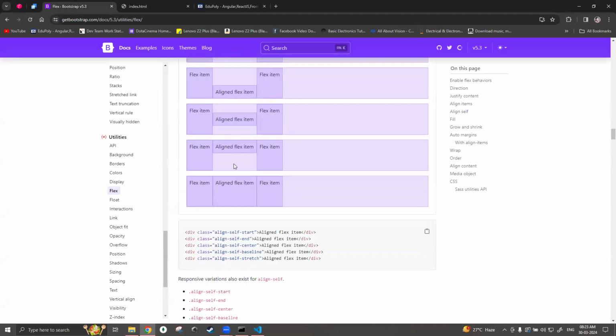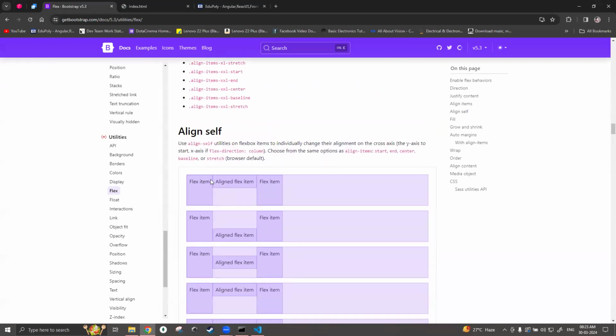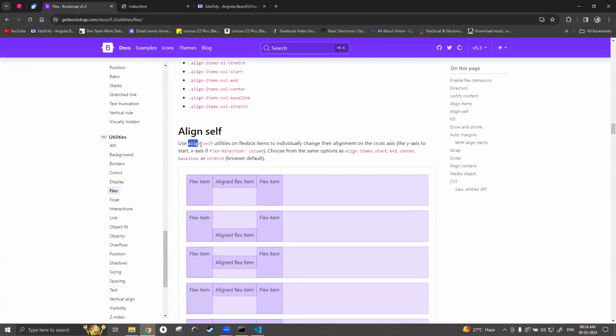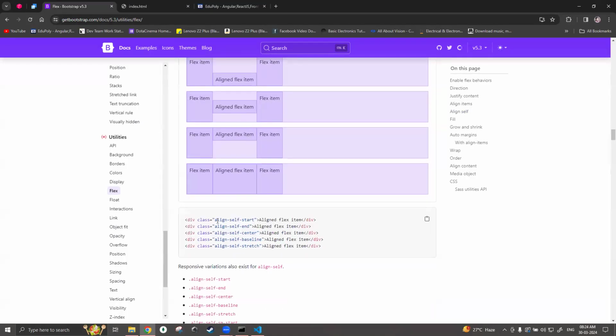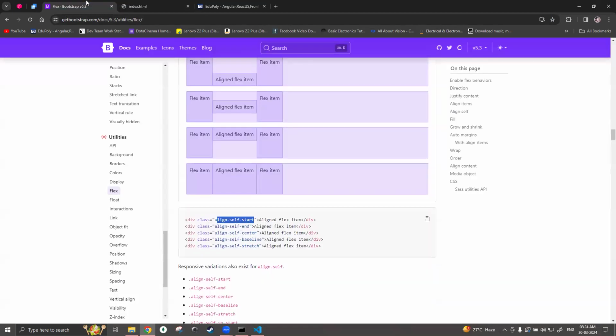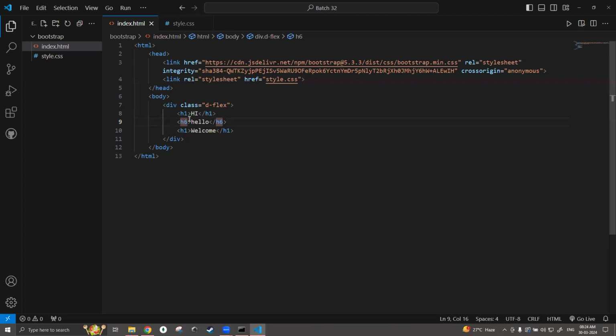Okay. So for that, what I need to do is I have to apply the style to this element. Till now, what we are doing, we are applying to the parent, right? So I have to apply it to this element here. What I can use? I can use align self. So align self start is the default value. That's why we are getting at the top. Okay. So align self end, align self center, like that things are there. So let me apply